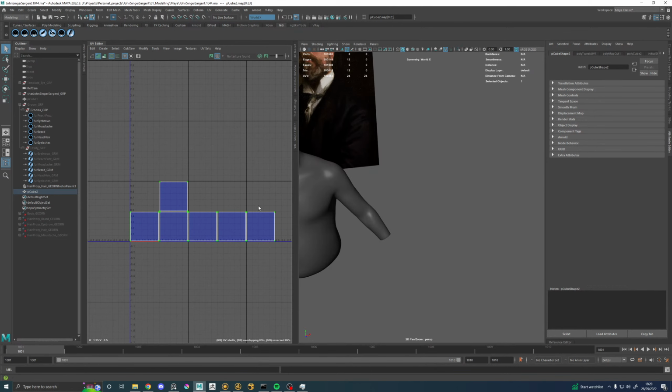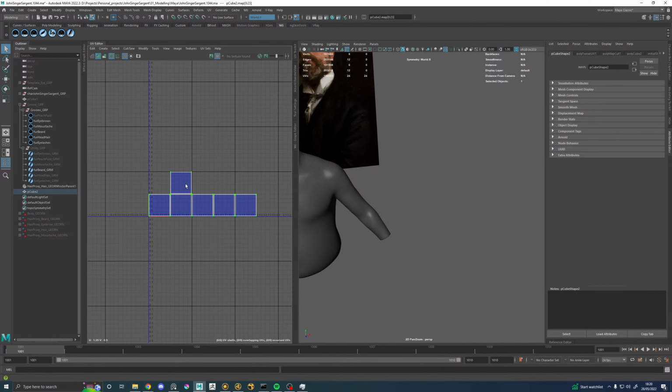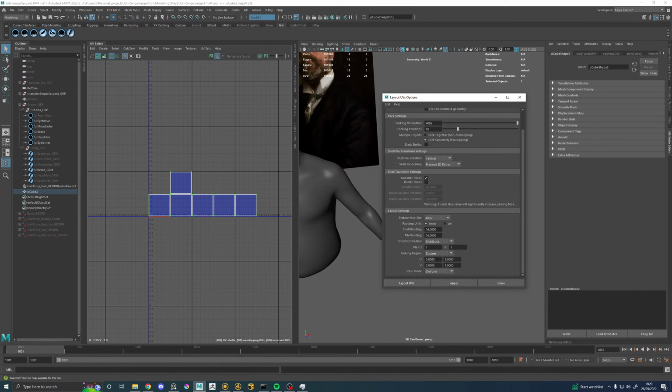And we'll do that. Don't know why it's done it like this. I guess if I just told it to be in the first 2 UDIMs, it would have done that. Or I can go to layout. I can say between, and let's go 2 and 4. Now it's not enough UVs for it to actually fill this space, but it's going to try to stack it like that until it gets to 6. I think it goes across first, then up and back, then across, then up and back, then across. Like